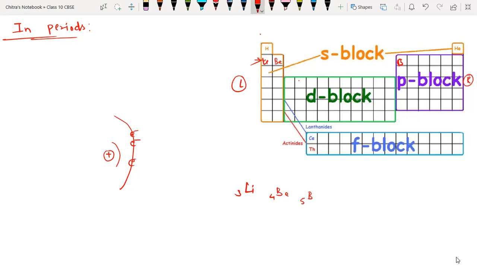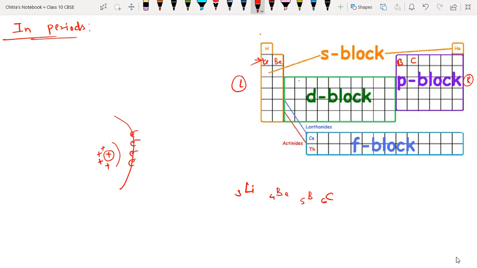If electrons are added, then protons are also added in the nucleus all the time, because every element contains an equal number of electrons and protons. Is it? Yes, sir. Again, we are moving toward the next element, which is carbon. Carbon has atomic number 6. That means 1 more electron is added in the same shell. Along with the electron, a proton is also added in the nucleus. Is it or not? Yes, sir.